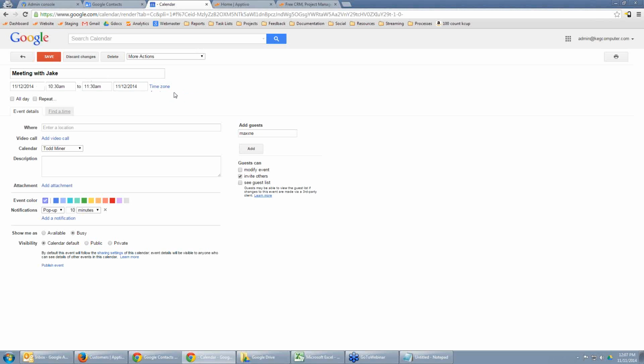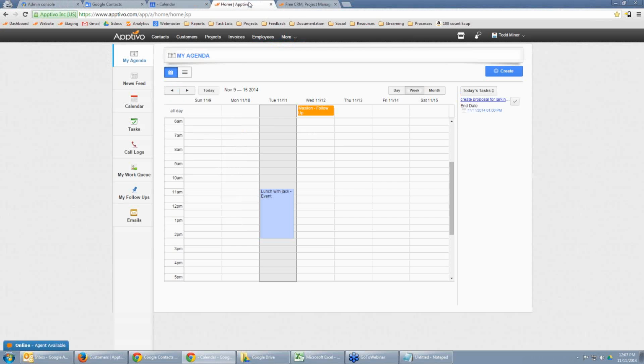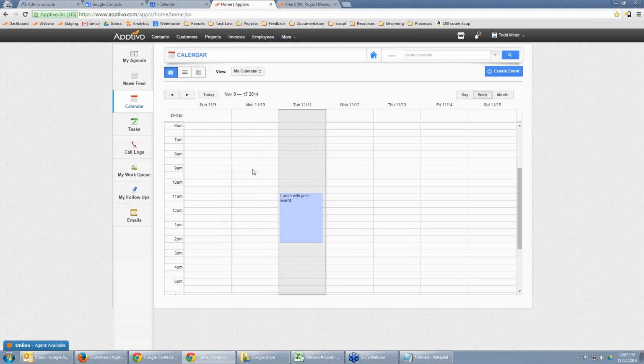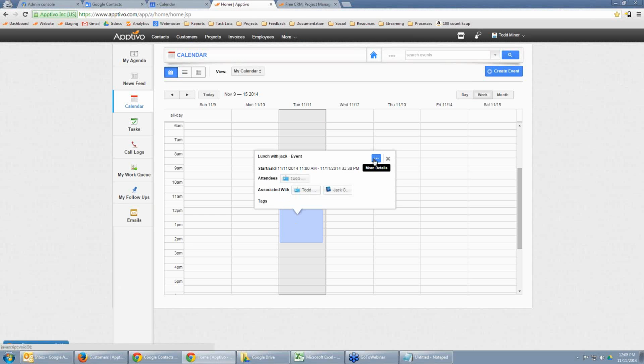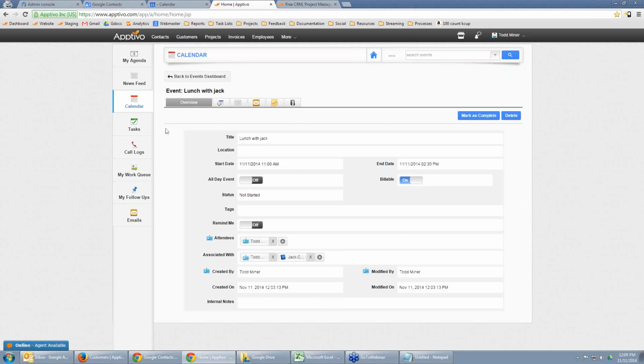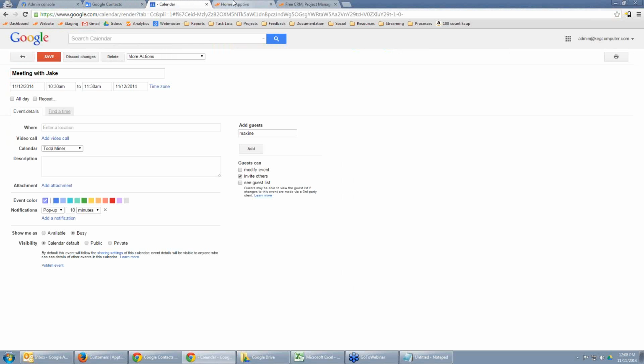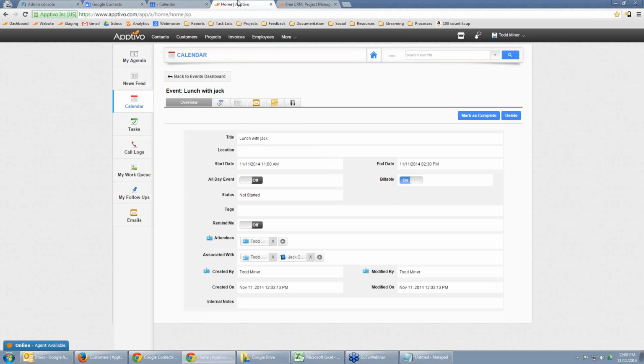So if we have an event meeting with Jake inside of Google, it's kind of isolated on its own. But if we hop over into Apptivo and we look at the Apptivo calendar, you'll see I've got this event, Lunch with Jack. What Apptivo does is it links it with your business data. So here I'm looking at the same event. It's pretty much got the same fields as Google. If I flip back and forth between Apptivo and Google,